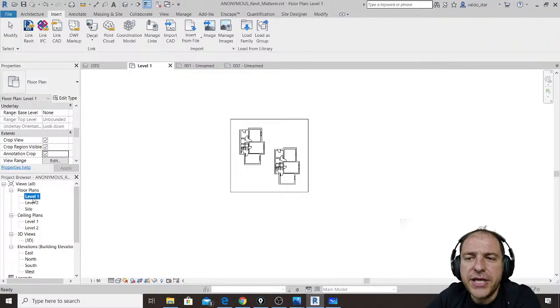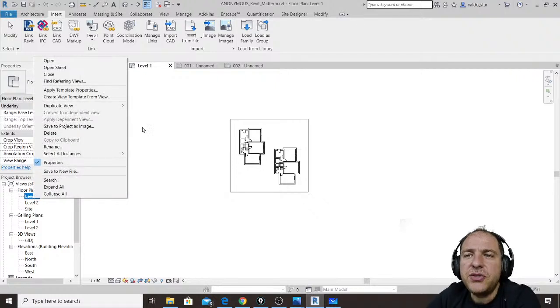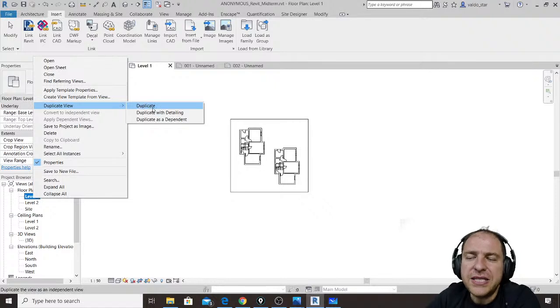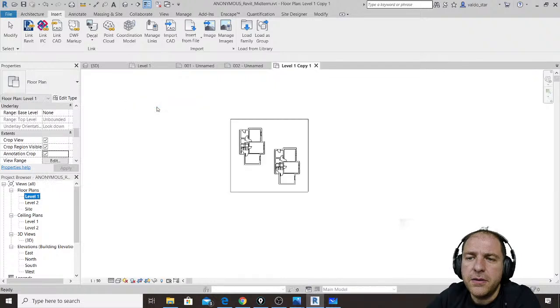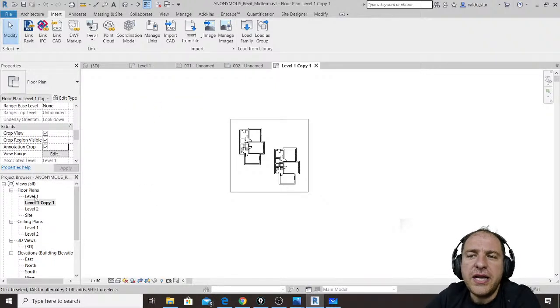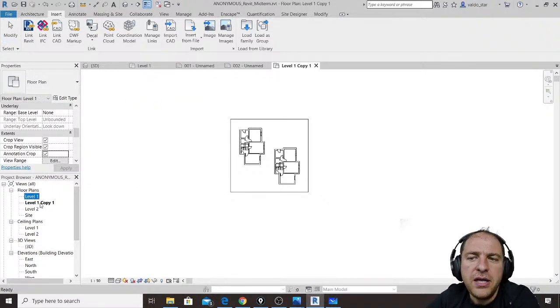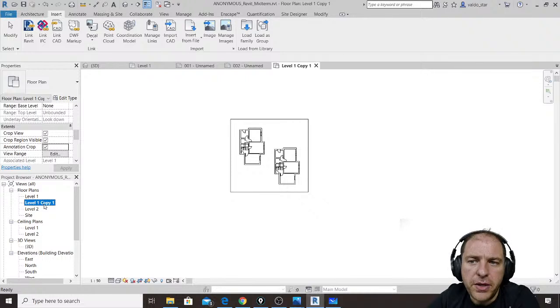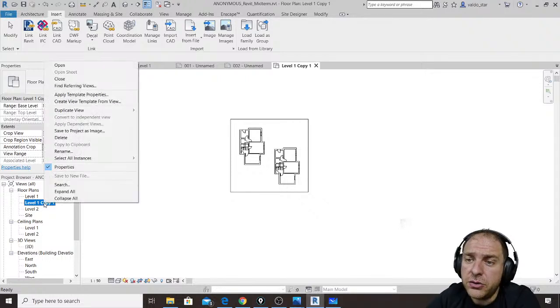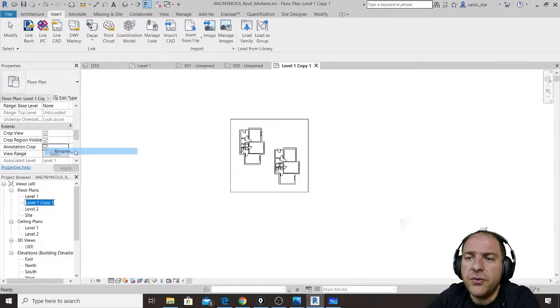I right click on it and I choose duplicate the view. Just duplicate, don't use any other option, just duplicate. In this one I have level 1 copy 1 that I can also rename by right click and using rename,